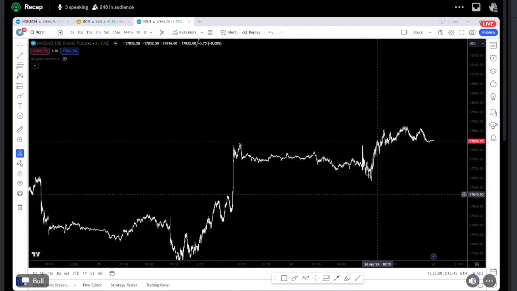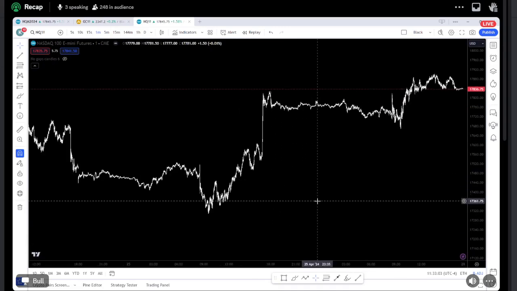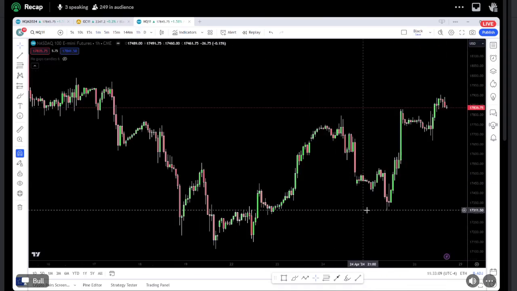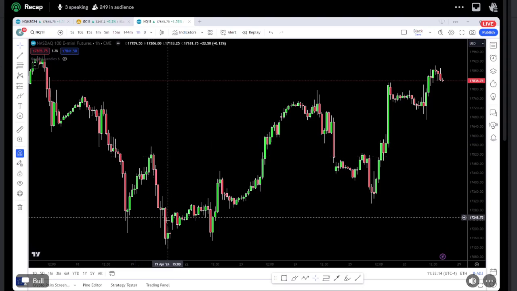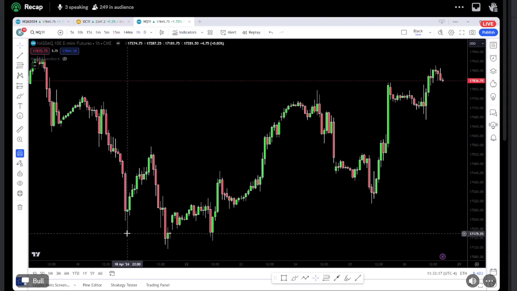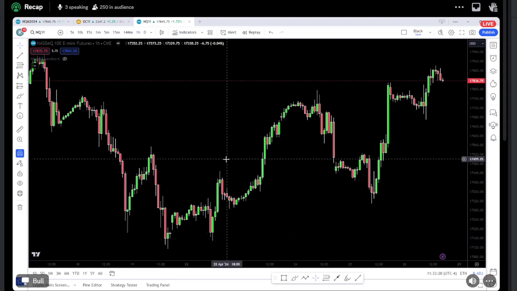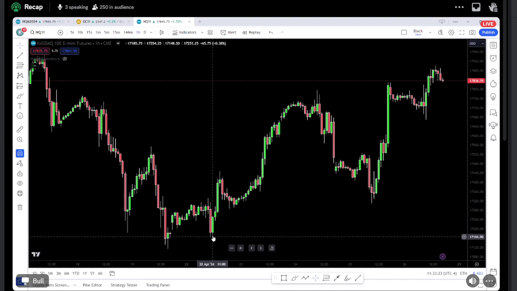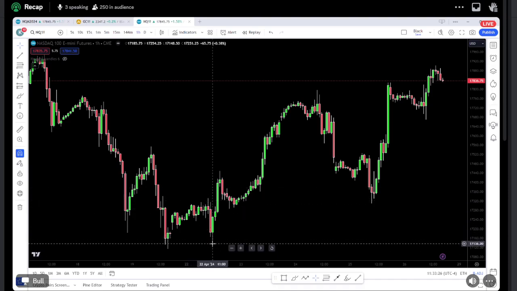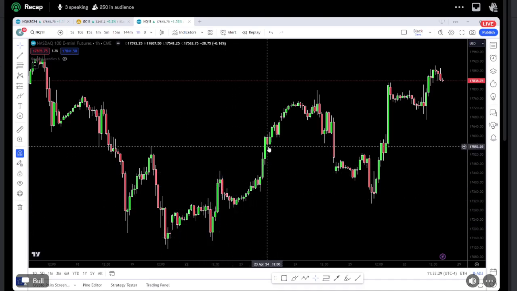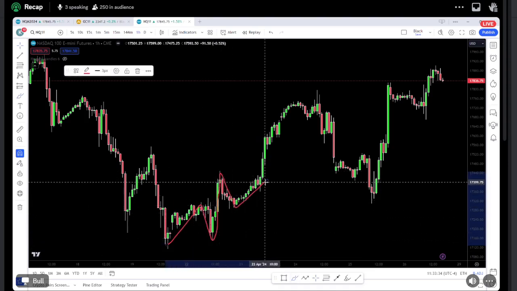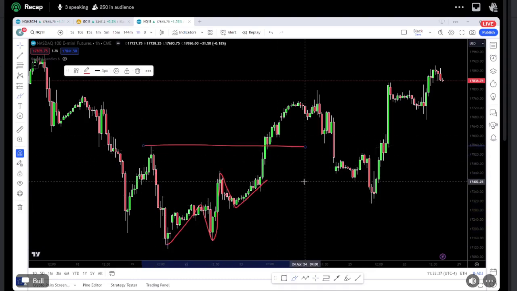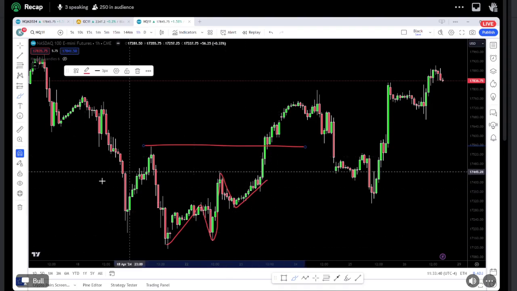Okay, so if we're looking at Friday, and I reviewed this with the group already, we know on the hourly chart that we have a bullish trend, right? We have a low here, a high that was put in, a low that got put in, body closure underneath here, which failed to put in a new high, but also failed to put in a new low. So it tried coming down, and then we see a flip that came in. It tapped back in here, right? So we see this, which is a shift in order flow, and we ran and closed above the prior high. This is called our bullish flip.